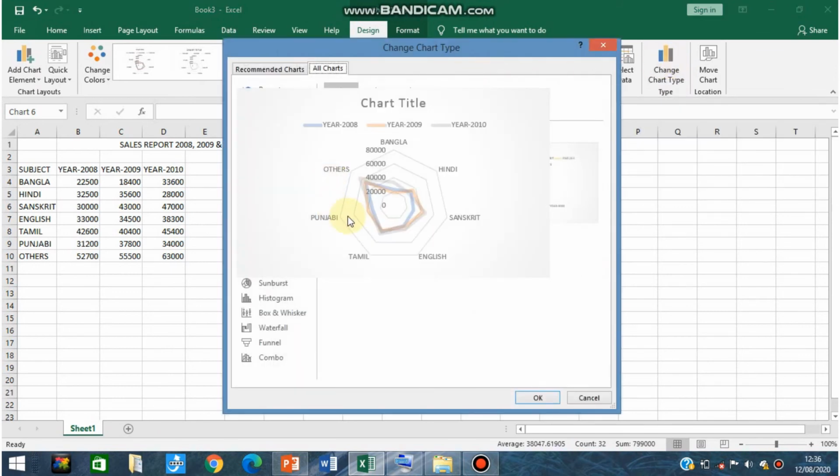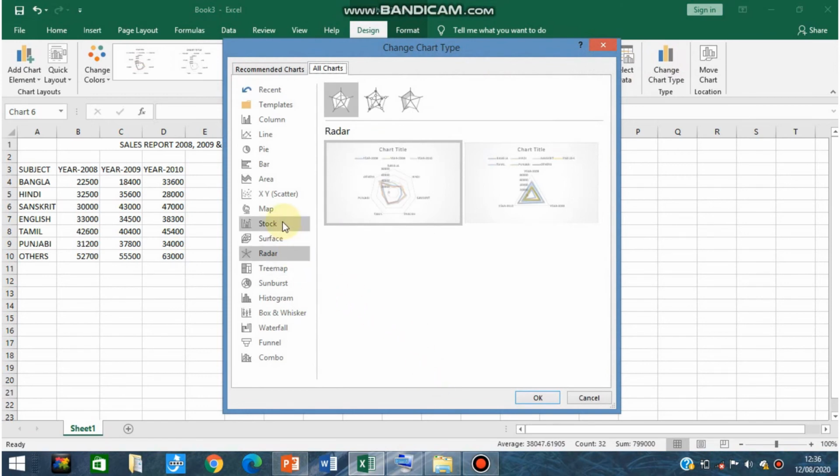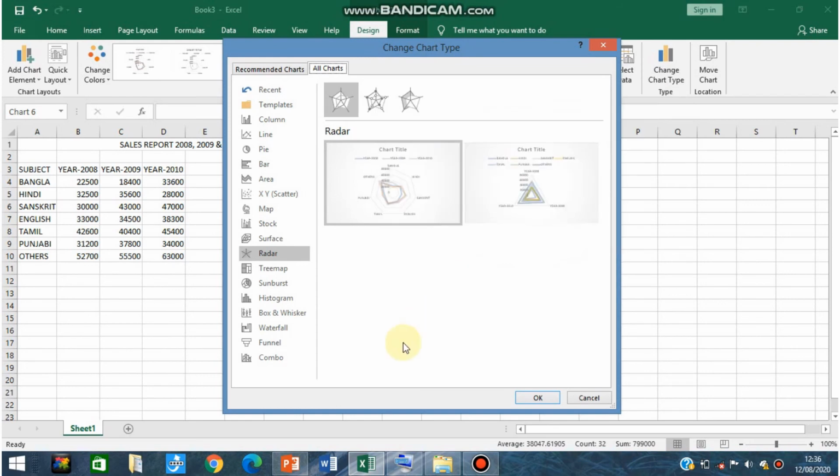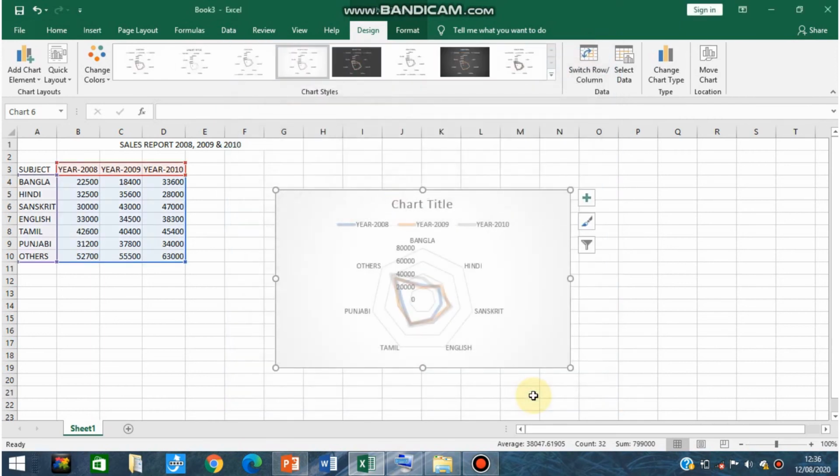and a dialog box appears on the screen. So these are the available styles of the radar chart. If you want, you can select any of the options which are present over here, and after selecting that you have to click on the OK option. So this is the way you can use the change chart type.